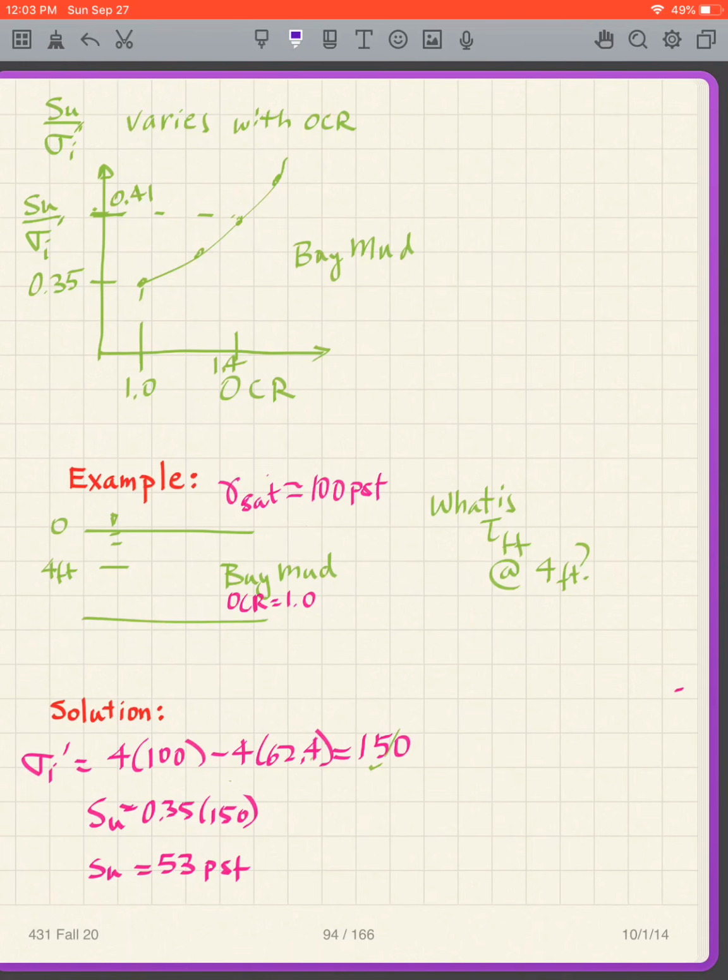Okay, I want to say one other thing about this. We said that the SU over sigma prime I is a constant, but it is a constant within a certain OCR, within a certain overconsolidation ratio. So if I plot OCR on the x-axis and SU over sigma prime I on the y-axis, we get a little bit of a curve, but a straight line at times can represent it. So for instance, if I have bay mud,